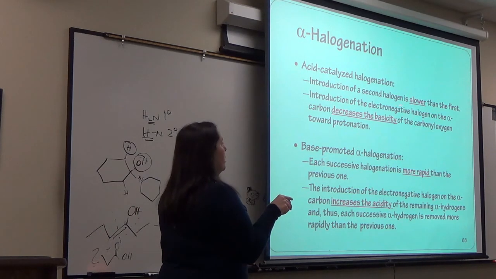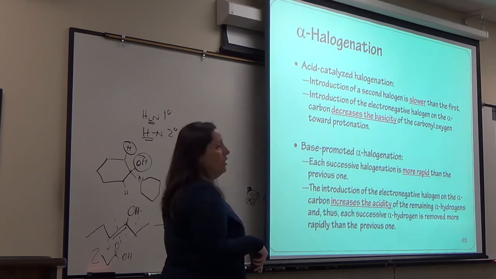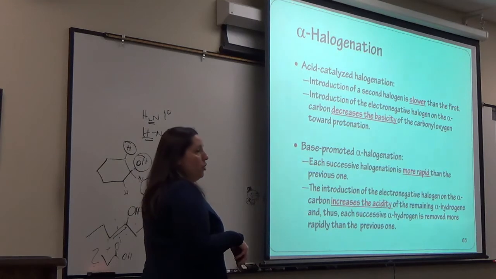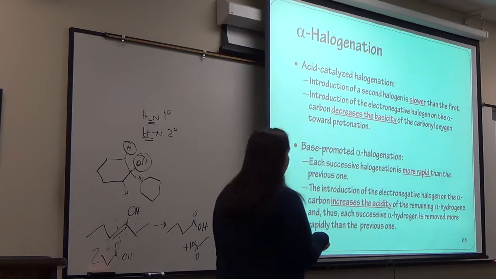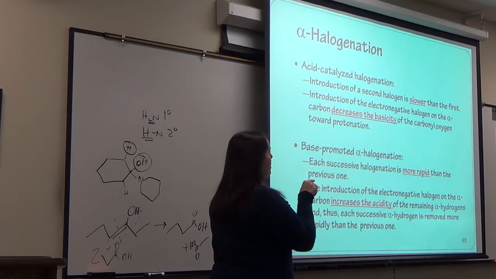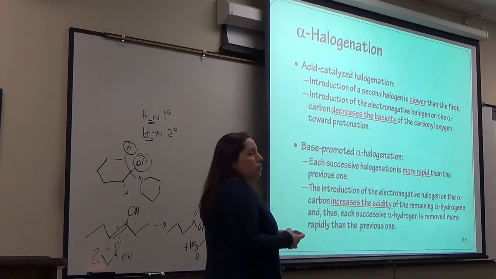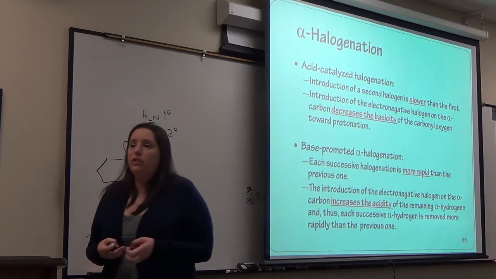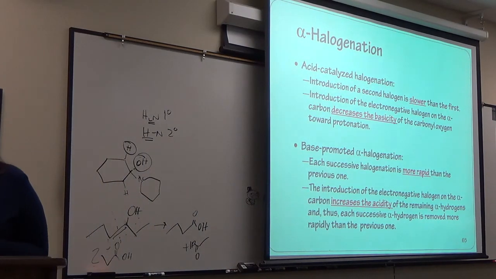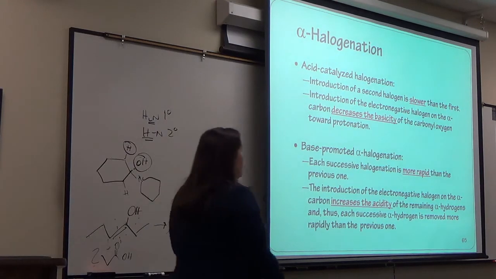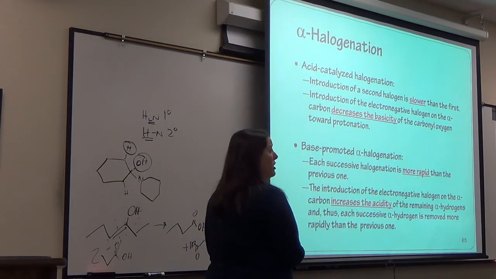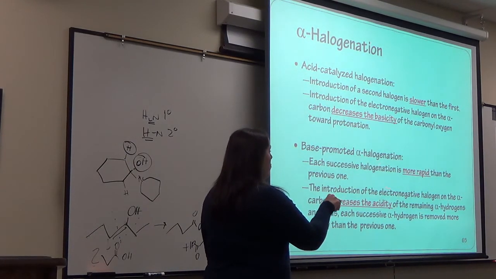The reason is that you now have a halogen, which is electron withdrawing. Remember that when you have electron withdrawing groups, you decrease the basicity of your carbonyl. You're pulling electrons, that's what electron withdrawing means. So the base catalyzed, if you're looking to do additional halogenations at that alpha position, is going to be more rapid